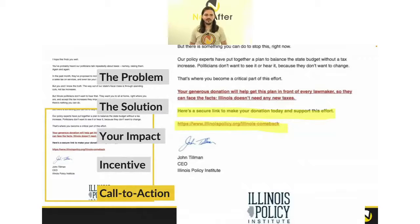And when we send these slides out, you'll see a few different examples of some different types of emails, how you can use some story throughout your emails to build better trust with your potential donor, as well as how to add some incentives around recurring giving, because that's a different type of an ask. We have to articulate why should someone become a recurring donor rather than just a one-time donor. So I'll share a few examples with you of those that you can use as a reference next time you